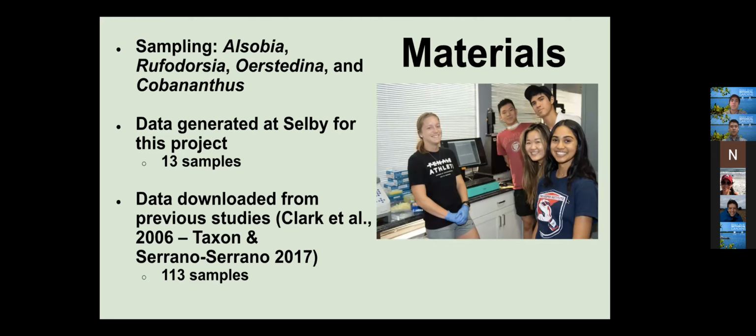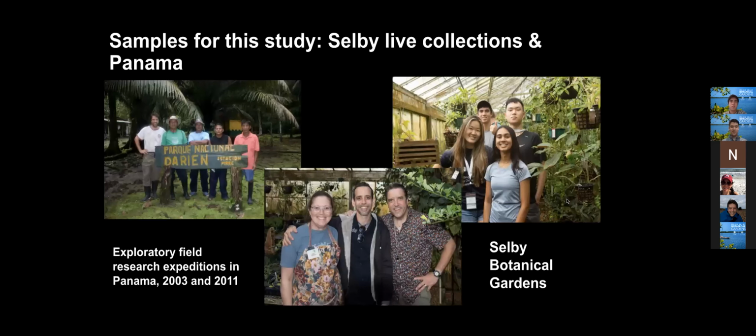A lot of the species whose DNA we worked with and sampled are found at the greenhouses in Selby Botanical Gardens, and many original samples came from 2 field expeditions to Panama. On the right here is a picture of us at our workstation, and we are visualizing a PCR product. Here are some pictures. On the left, we can see Dr. Clark on a field expedition in Panama. In the middle and right pictures were taken in the Selby greenhouses. In the middle picture, you can see Angel Lara, VP of Horticulture at Selby.